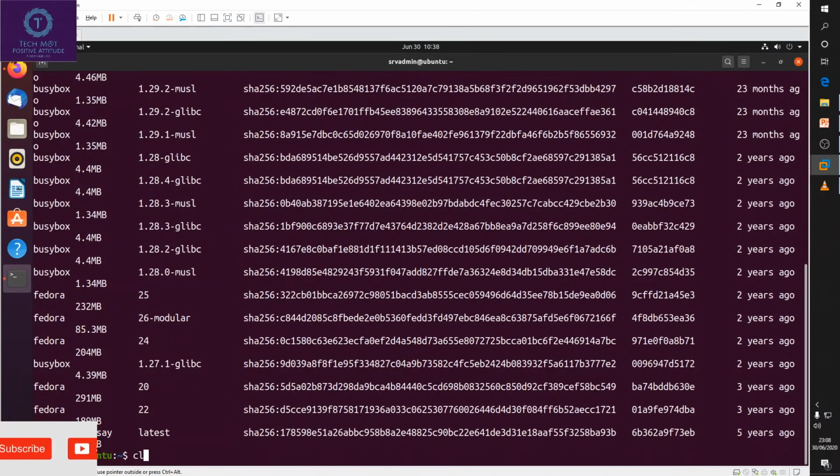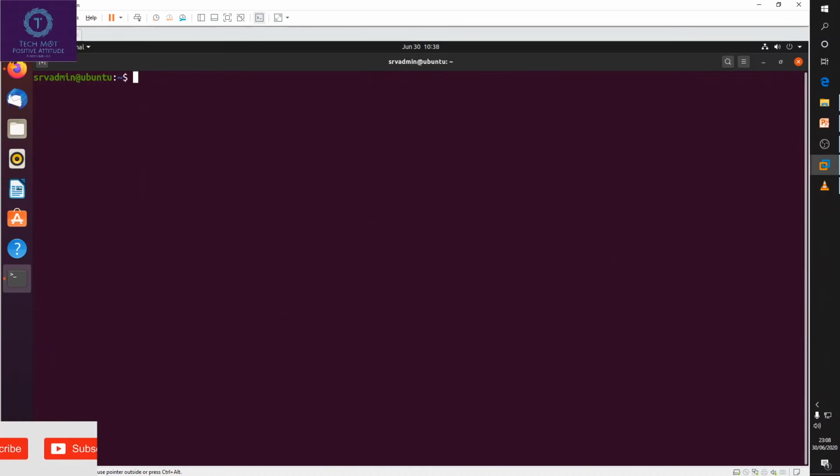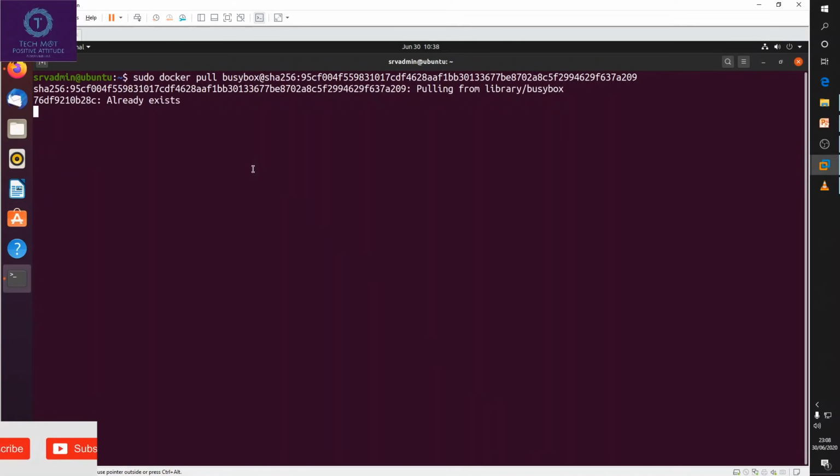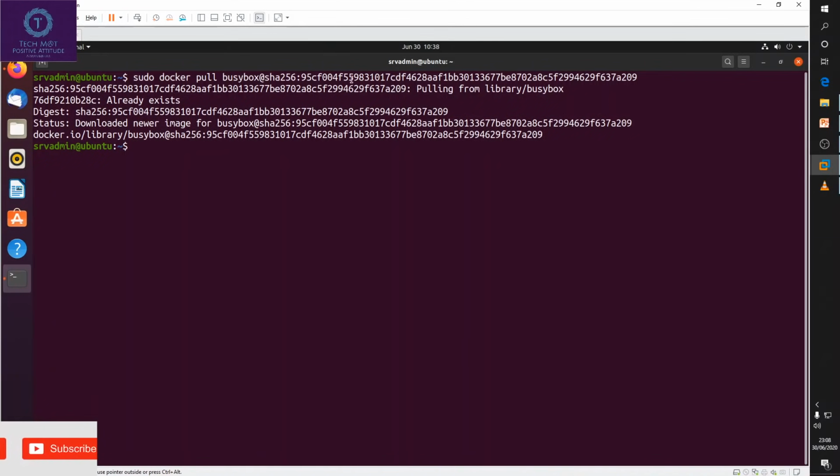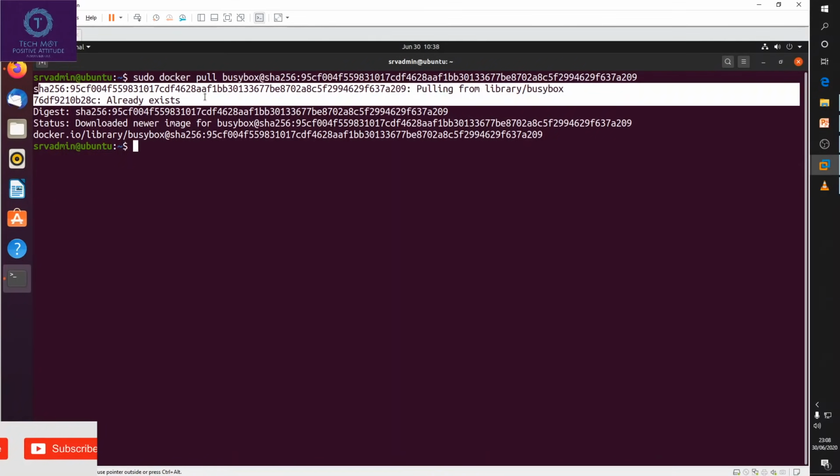I will first clear the screen. It will check if it's in my local system. If not, it will go to Docker Hub to download.